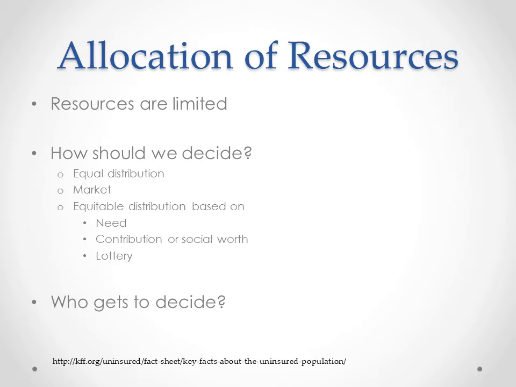Those who have the greatest need for health care or the least amount of resources should get the highest amount of money. Or perhaps it is those who contribute the most to society or have the most promise of contributing who should get the most care, the young medical student over the retired factory worker. Or maybe it's most fair not to decide at all and to have a lottery. Whoever's picked will get the resources regardless of their situation. Which of these is most fair, and then who gets to make this decision? This may seem very abstract, but we'll talk in a minute and in class about some real-life examples.